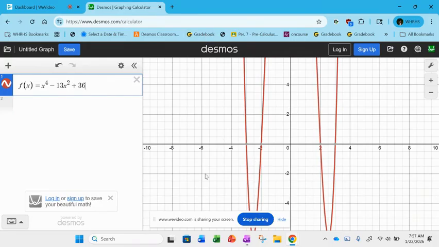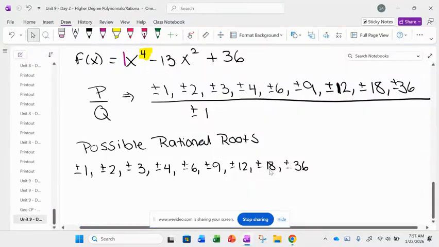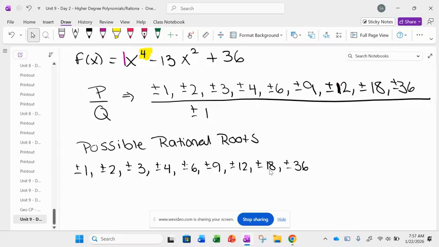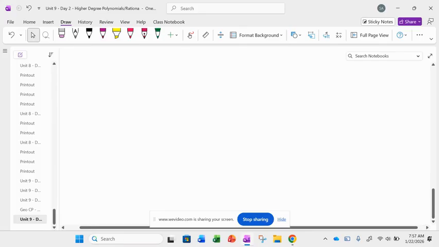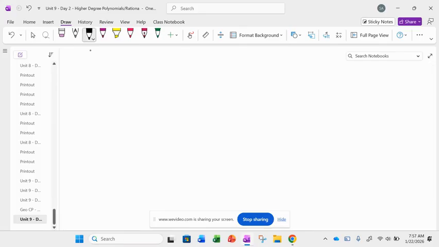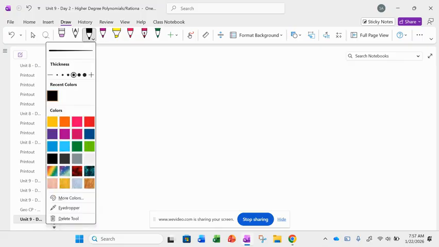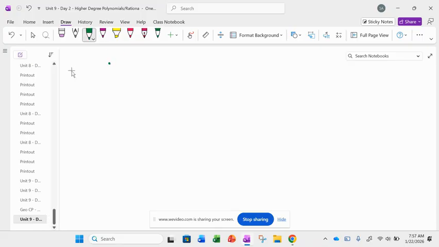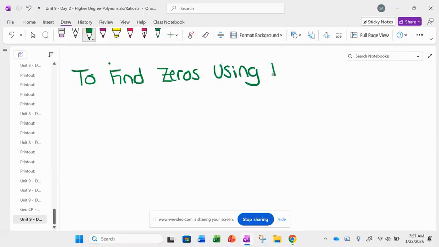All right. Do you think every problem you'll have Desmos for? No. So now we're going to show what we do when we don't have Desmos. And I'm asking you to identify which roots are the roots. You ready? All right. So we're going to say, to find zeros using the rational root theorem,